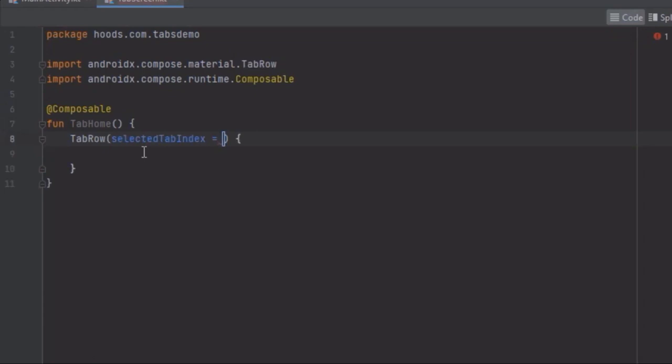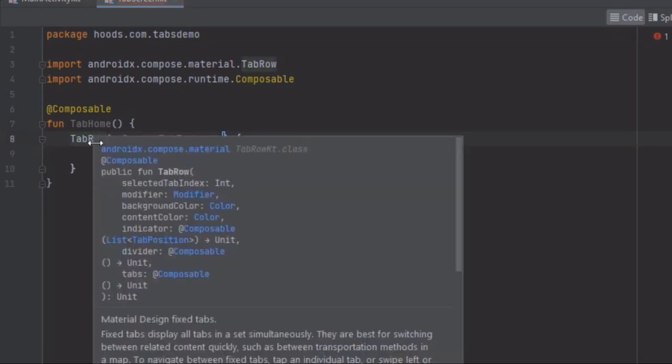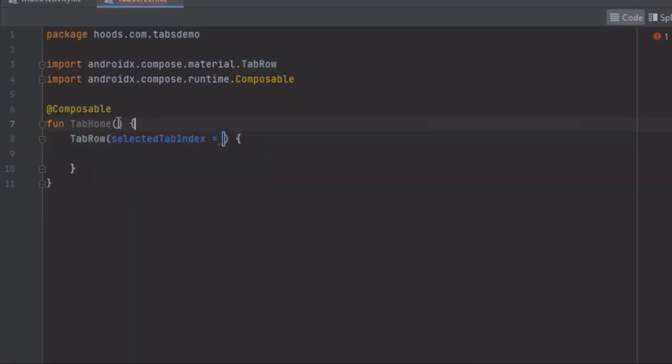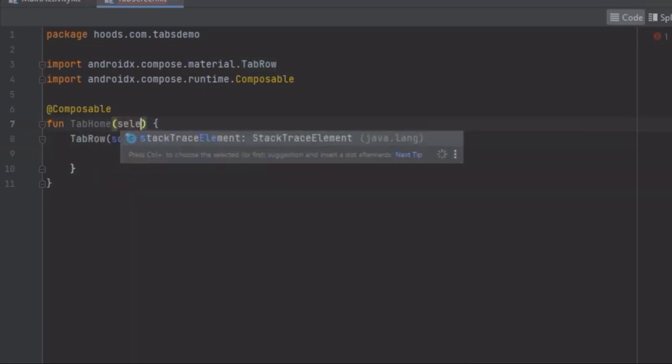But as you can see here, we have to pass in the selected index. And if you press Ctrl Q, there are a bunch of parameters which you can pass in: the modifier, background color, content color, and the indicator. But for now, we are just going to leave this as is. Later in this video, we're going to create a custom indicator which you can utilize inside the tab row. So for now, let's create a parameter, a selected tab index,